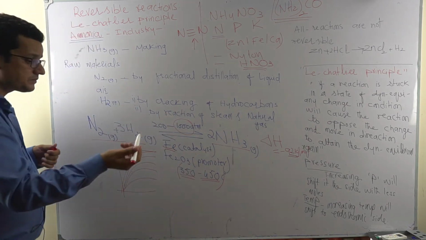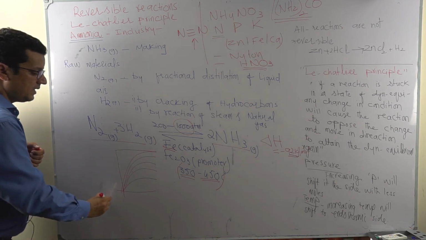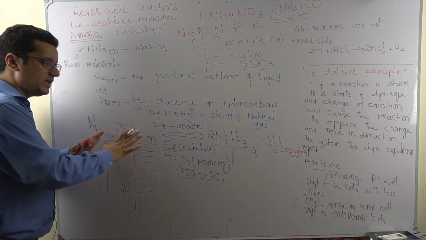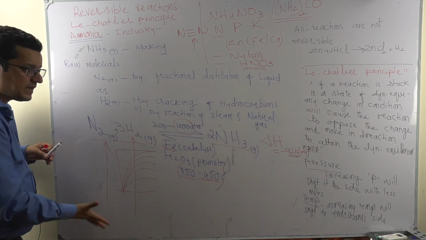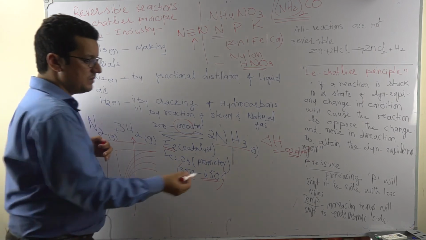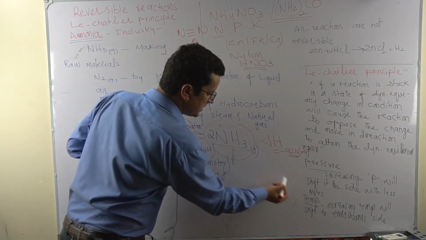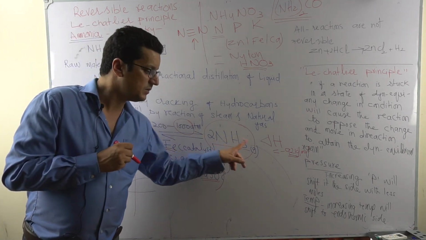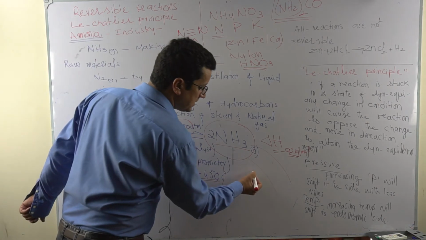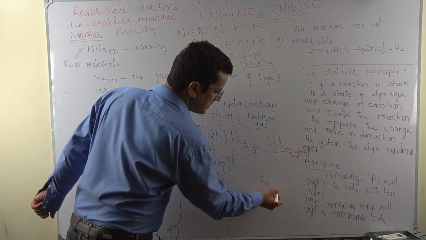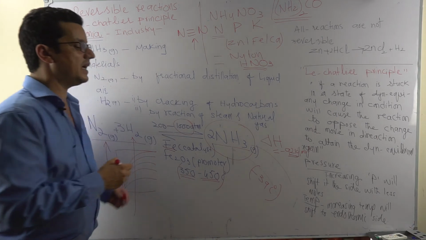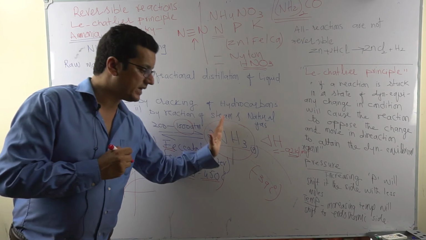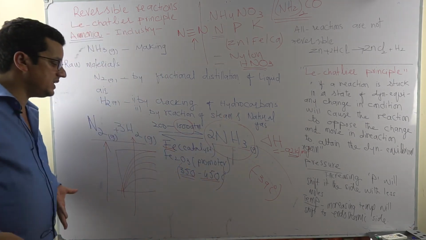Okay, so these are the best conditions, but at the same time nitrogen and hydrogen are constantly being injected into the system. So the reactants are always kept at a higher concentration, and the product ammonia is removed from the system. That was a very smart option used by Haber. He kept on removing ammonia by applying a condenser, which cooled it down to minus 39 degrees Celsius. At minus 39 degrees Celsius, ammonia turns to liquid ammonia and is leached out of the system.